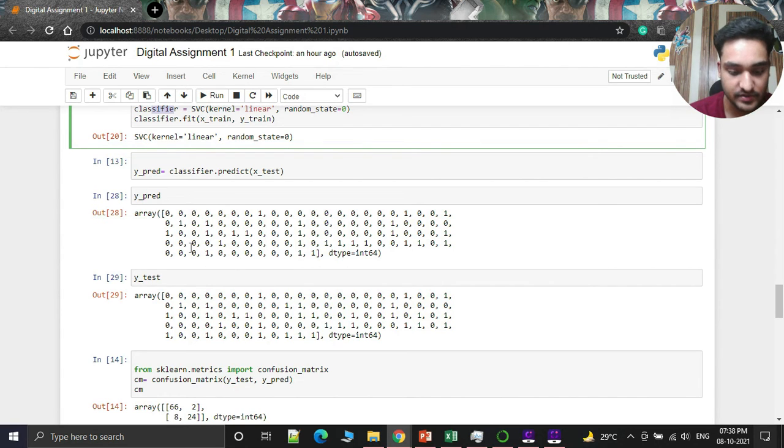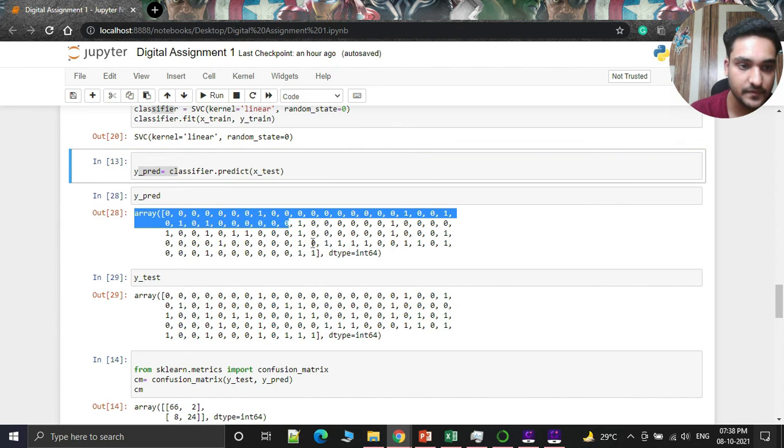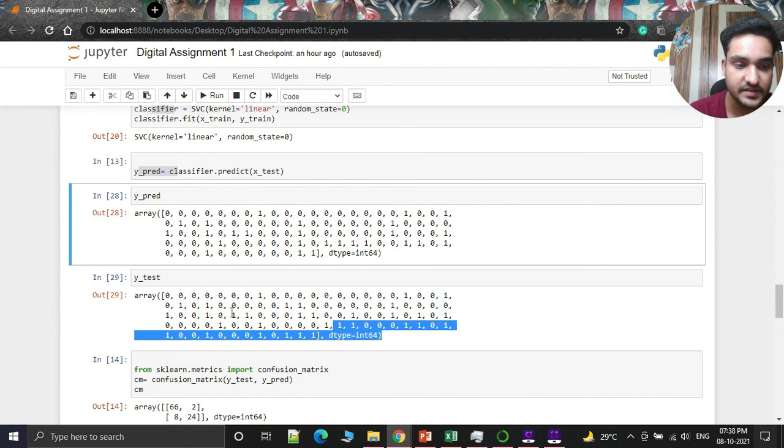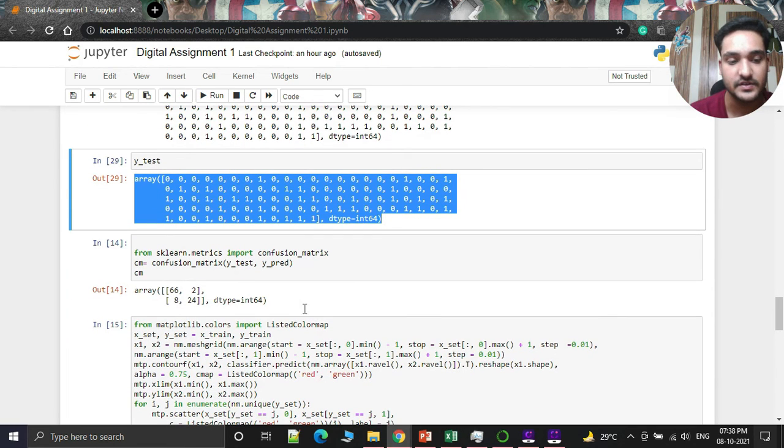As you can see here, we have applied the prediction function, and these are the predicted values of y. Now we are going to compare the predicted values of y with the actual test values to see how accurately the program is working.